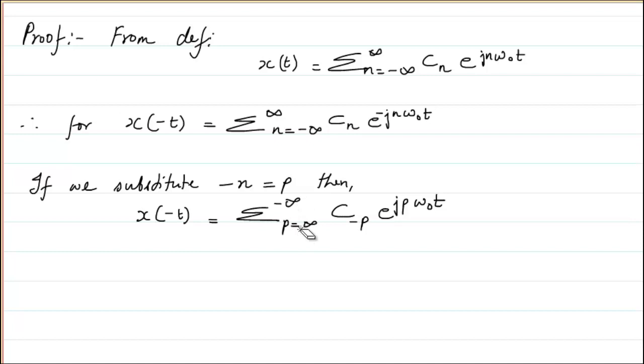So this one you can see that summation from infinity to minus infinity is same as from minus infinity to infinity, so I can write this as p equal to minus infinity to infinity, is one and the same thing. So from here you can see that the only difference that has come is basically n has changed to p, and this equation and this equation are the same, but instead of n there is p. But see what has happened here. Here it has become c of minus p instead of c of n, correct?